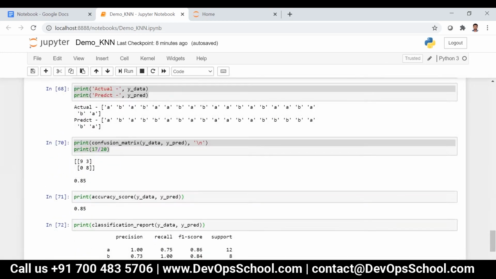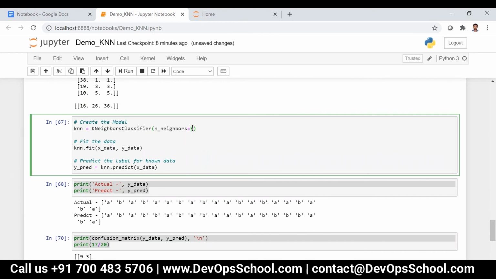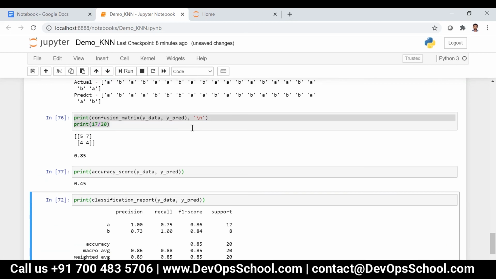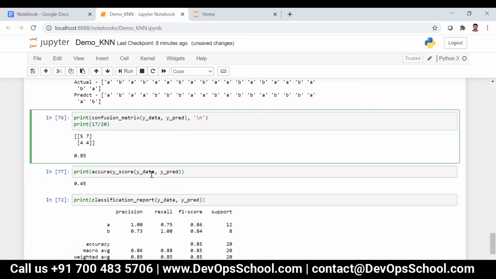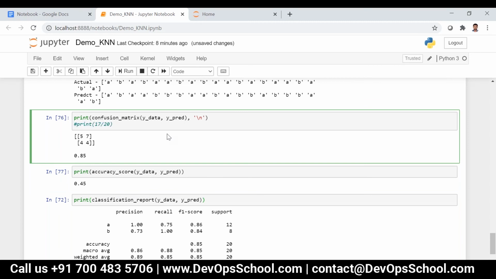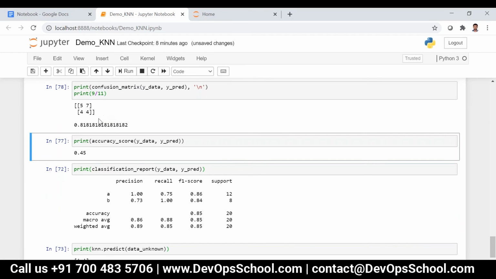Okay, so let me explain this one. Let's say for 5 neighbors, because we used 5 neighbors earlier. The same thing, 0.85 is coming. How come it is 0.45? Oh, okay, accuracy is reduced actually. 5 plus 4 is 9, 9 by 20 is 0.45.